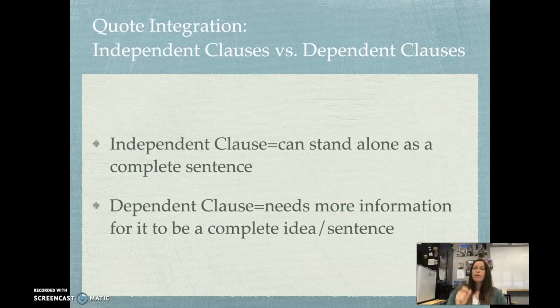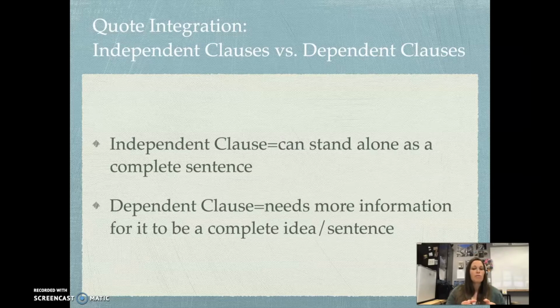Some important terms that you need to understand. First of all, an independent clause. An independent clause can be independent. It's something that can stand alone as a complete sentence. But notice it's not a sentence, it's a clause, which means it's a part of a sentence. But an independent clause would be one that could be a sentence by itself. Okay? A dependent clause is dependent upon more information, meaning that's a part of a sentence that could not be